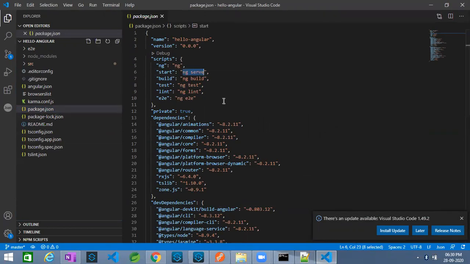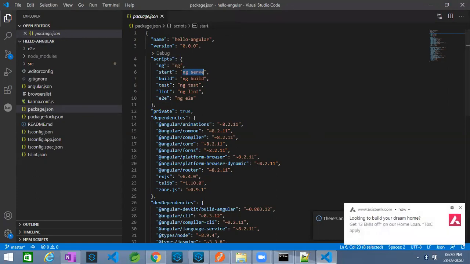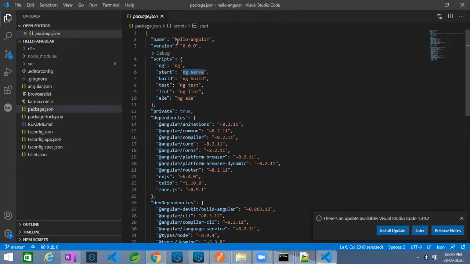This is again a one-time effort. You really need not touch this file. Package.json, it is in very rare cases that you are going to touch this particular file. It is like when we add the MySQL connector jar or servlet, any third-party jars, or any dependency which is not available in the application, you can add that dependency. Only then are you going to touch this particular package.json, otherwise not.